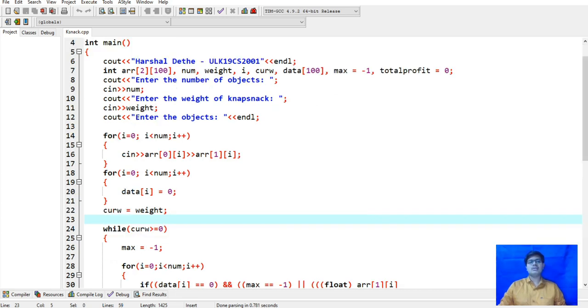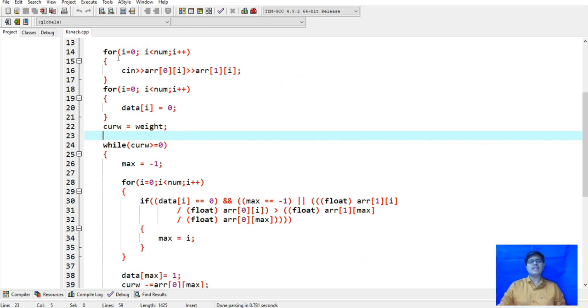Here the user will enter the objects, first the weight and then the profit. After that, in the for loop, it will ask the user to enter the two values, weight and profit. After the for loop, the data which is inserted will be 0, and this bag is equal to 8.